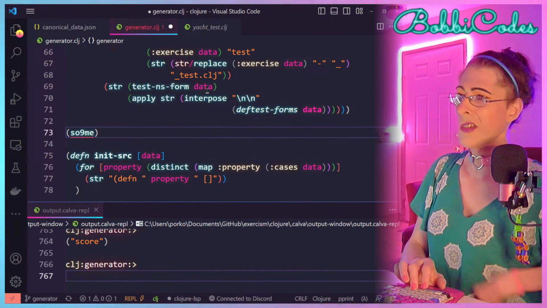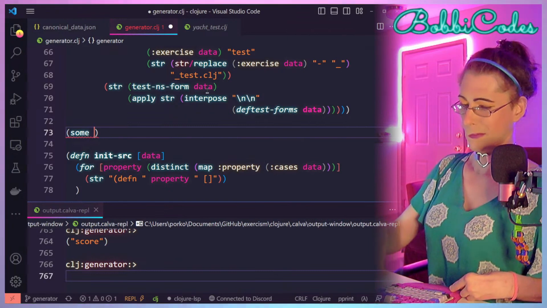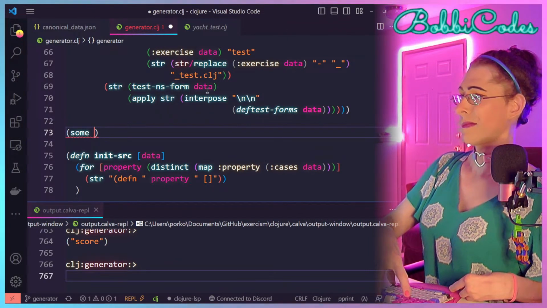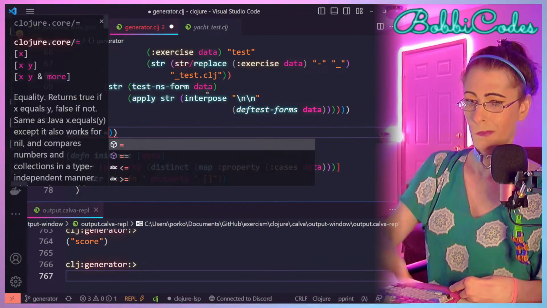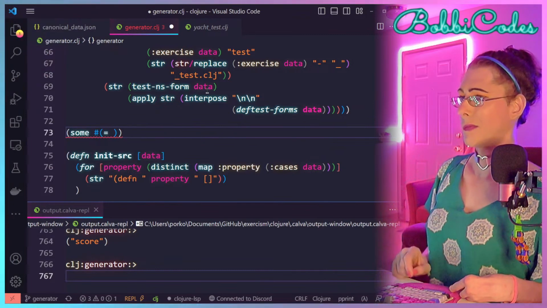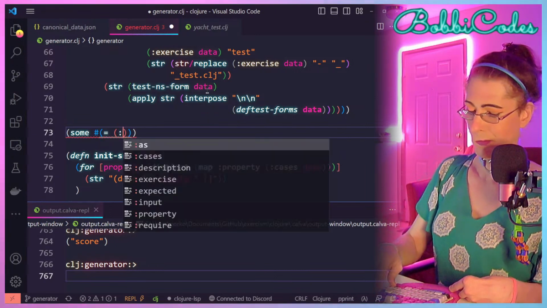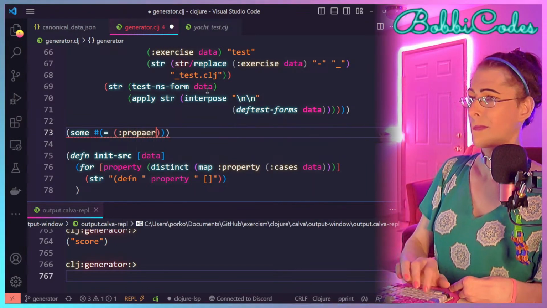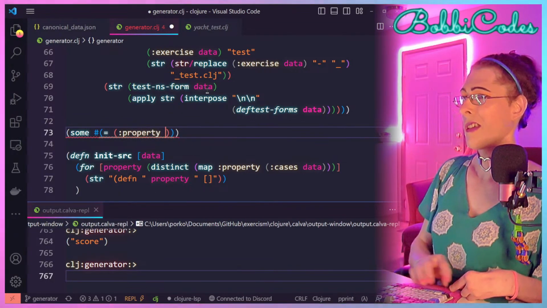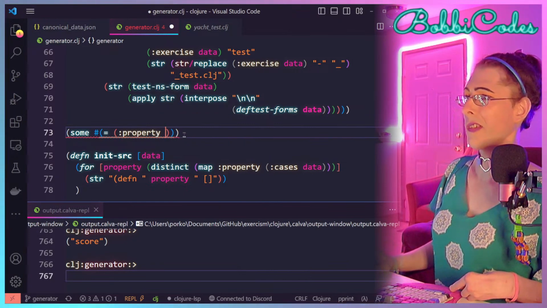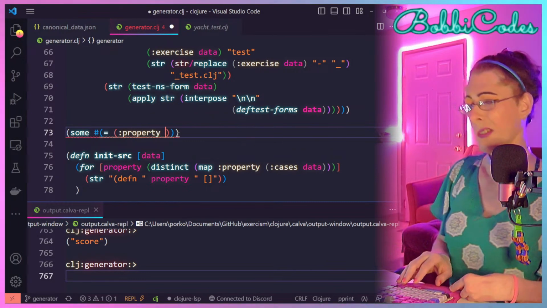I think we could use the some function. And I guess some is kind of like filter, but it just returns the first one, I think.